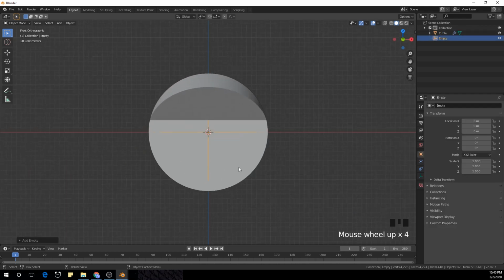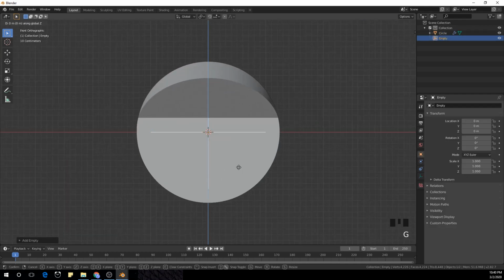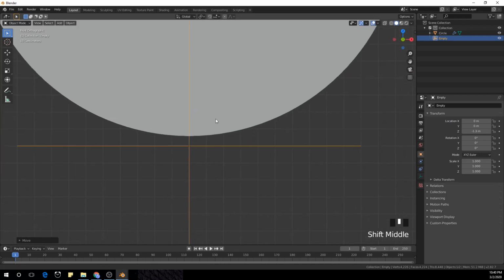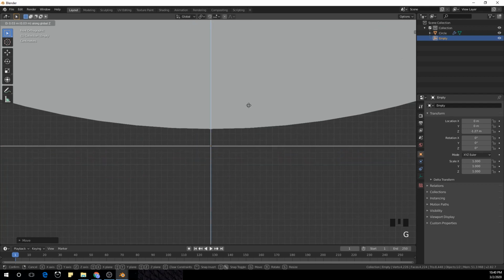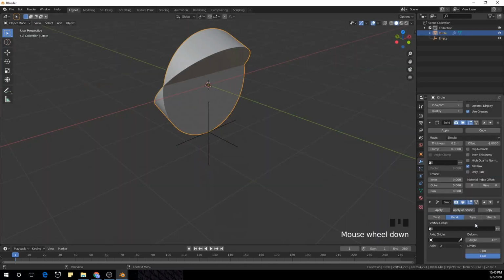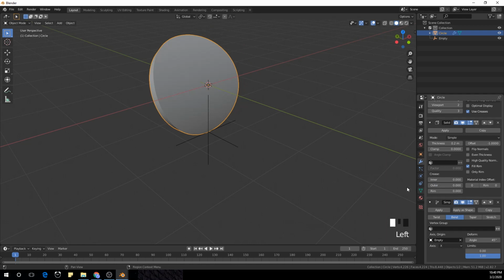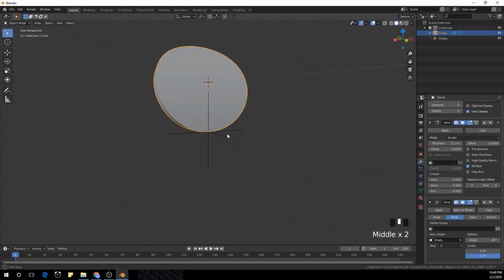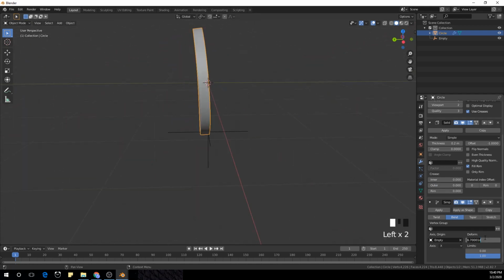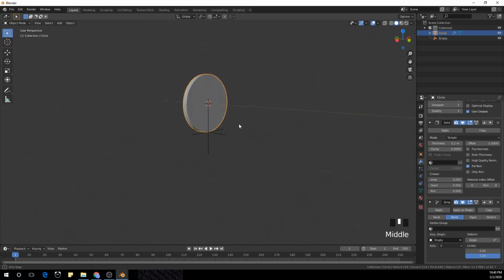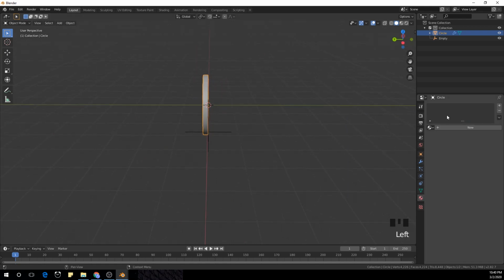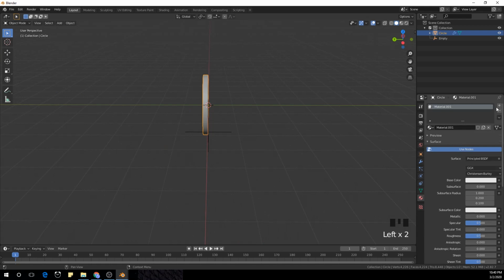I'm going to move it down with G, Z, Control, with the bottom, G, Z, Control. So select the circle again and select the empty we just created, so we can see we can bend it perfectly. Now I'm going to make the angle 0 for now, and I'm going to create two materials,